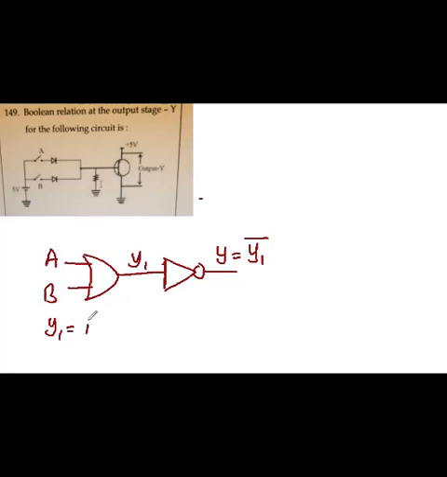But we know Y1 is equal to A plus B. So Y is equal to A plus B, complemented, because A plus B is Y1. This is given by the Boolean expression A complement dot B complement. So this is the output of the circuit, A complement dot B complement. It is exactly like using an AND gate where the inputs are A complement and B complement. So that is the final answer.